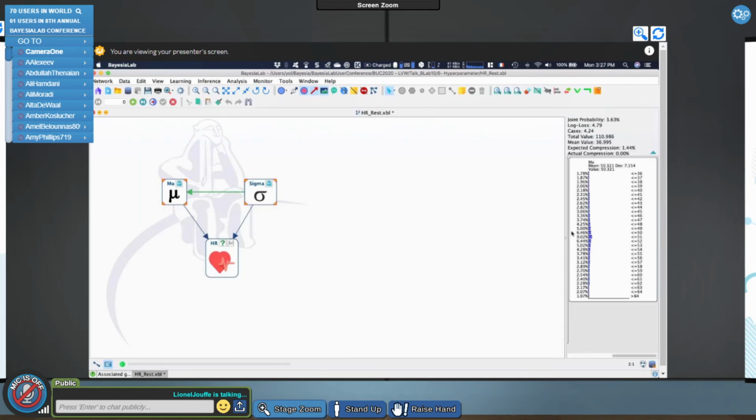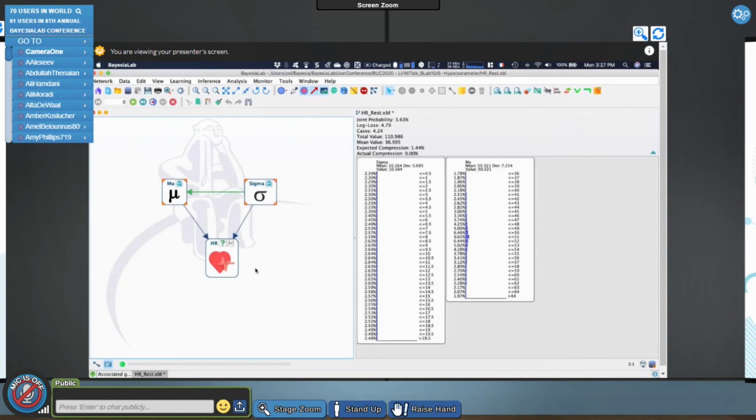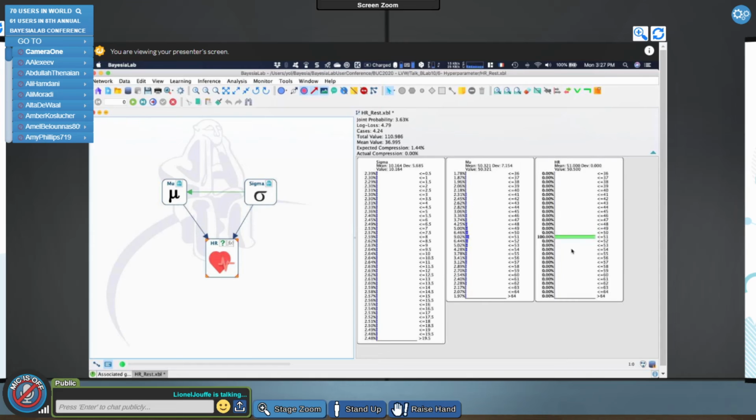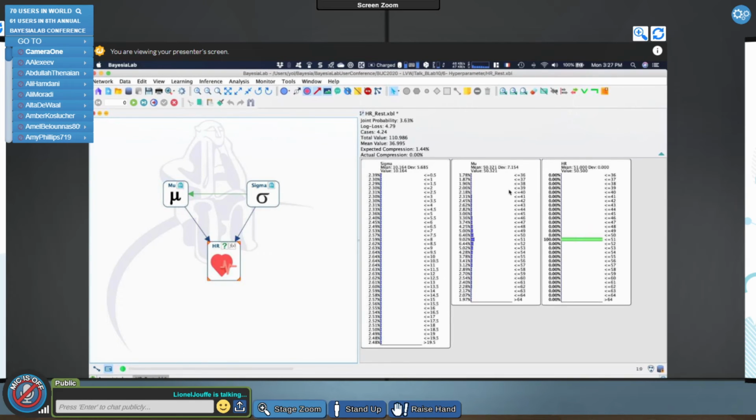I have the values of my two nodes, right? And then I can go, so this is day one. Day one, I have a heart rate equal to 51. So I can slightly update mu, because what I defined as a starting point was a uniform distribution for sigma and mu, which means I don't know anything about these two parameters except the ranges.